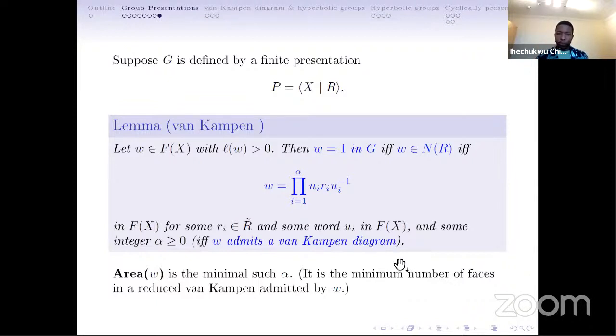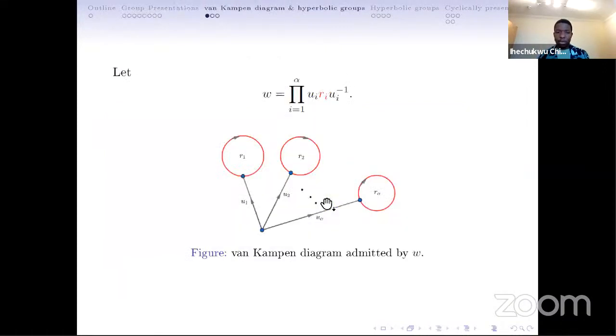So this equality here is equality in the free group. It's just writing W as a word in the free group. This is not equality in the group. It's in the free group. So here is what happens. Suppose your W has this form, then you can, for each Ri,